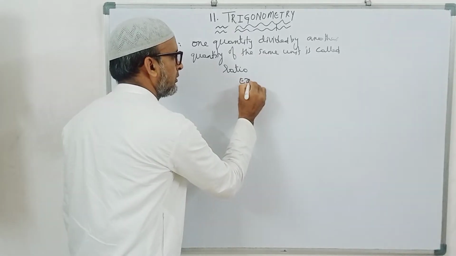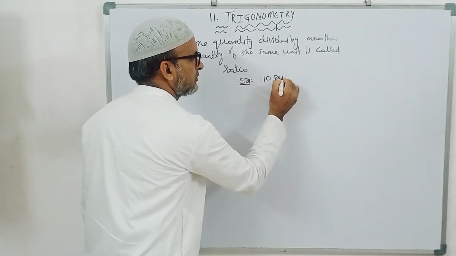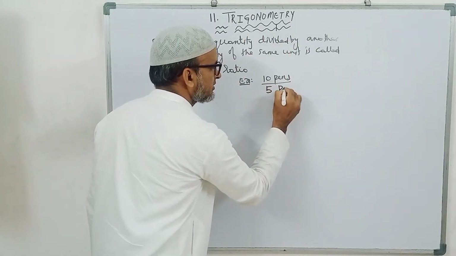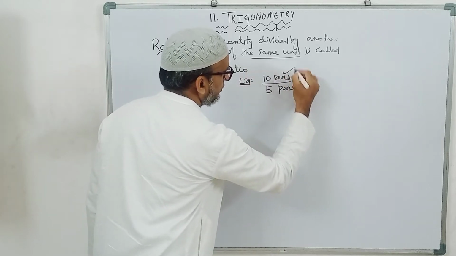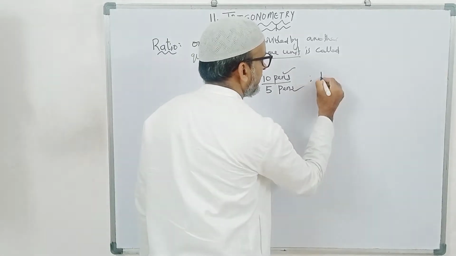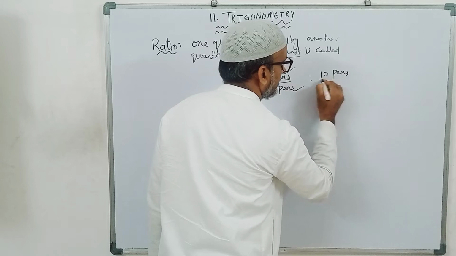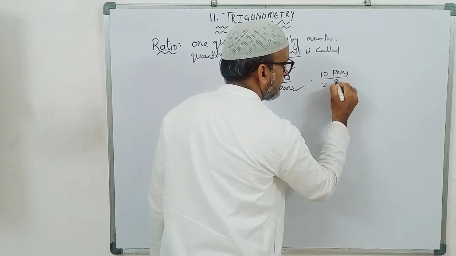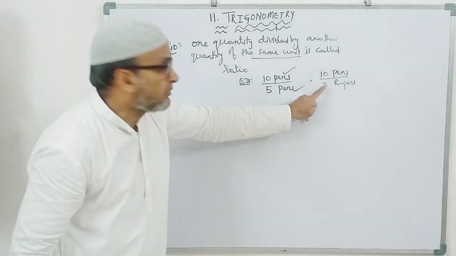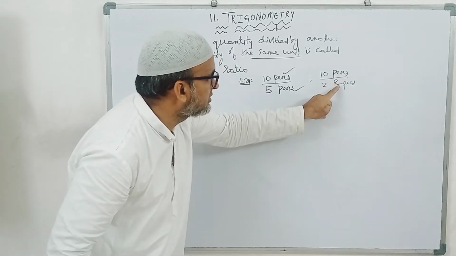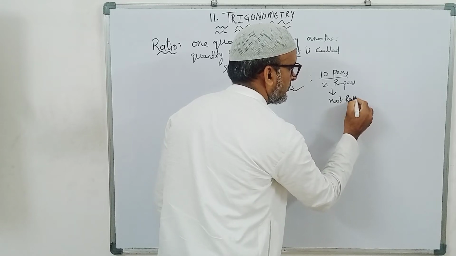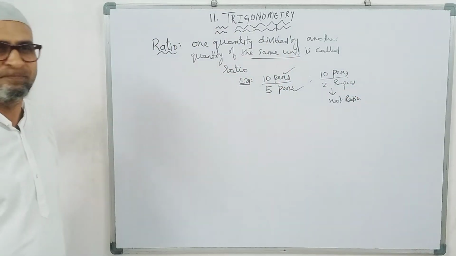Example, one quantity means 10 pence divided by another quantity 5 pence of the same unit, means this is about pen, this is about pen. That is called ratio. Suppose 10 pence, 2 rupees. One quantity divided by another quantity, but they are not the same units. This is about pence, this is about rupees. Same unit should be there. Okay, now